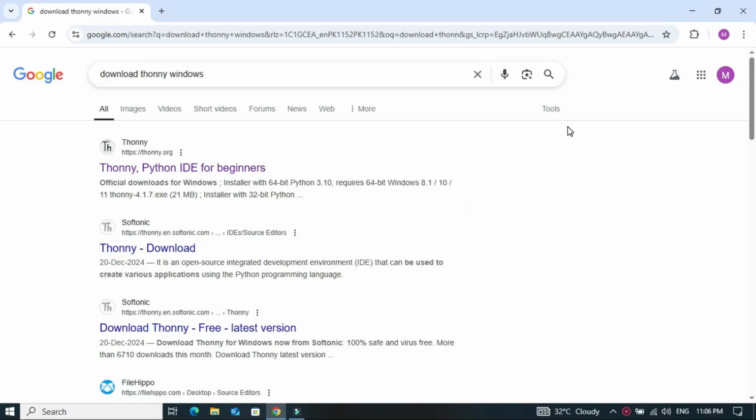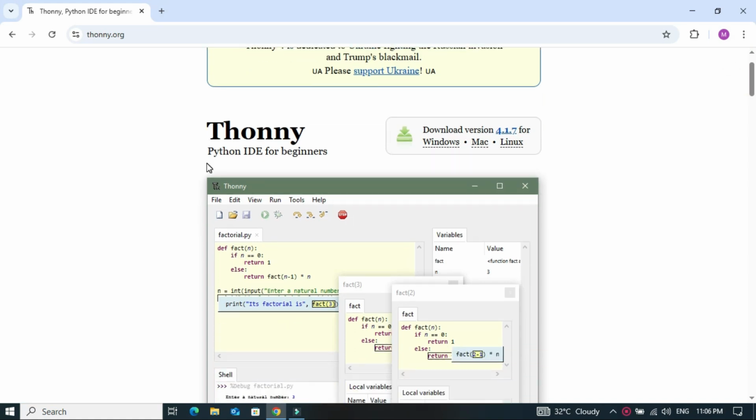Install Thonny IDE. Now download the Thonny software and install it.